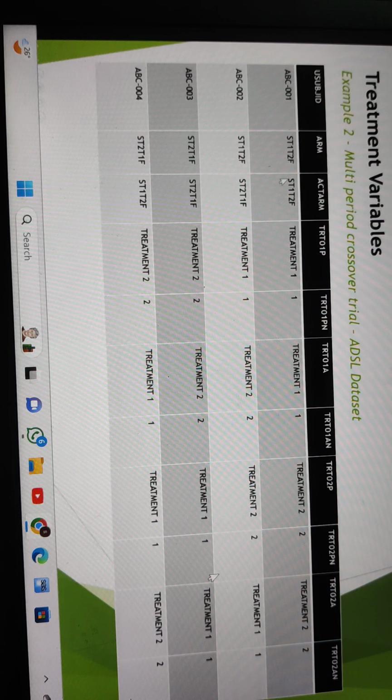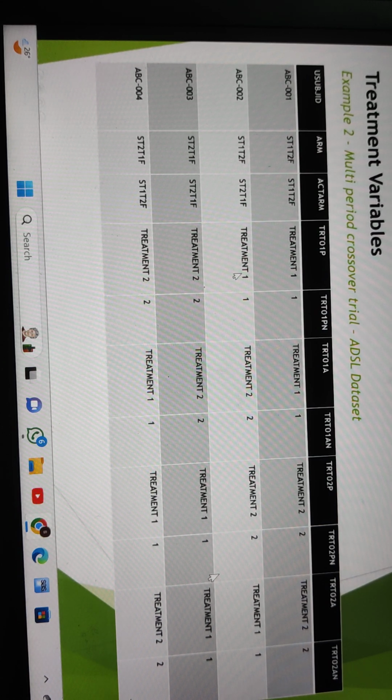In the first example, if you can see the first subject, planned is treatment 1, actual also treatment 1. And then he was to take TRT02P second, where you want to switch over the trial treatment. So basically the first subject is randomized first to treatment 1, later he moved to treatment 2. So for example, if you can see here, the second subject is first planned for